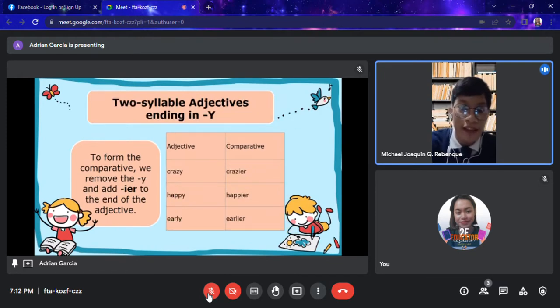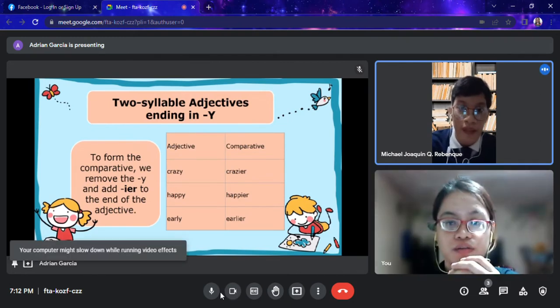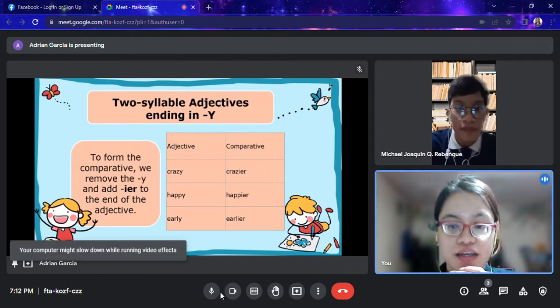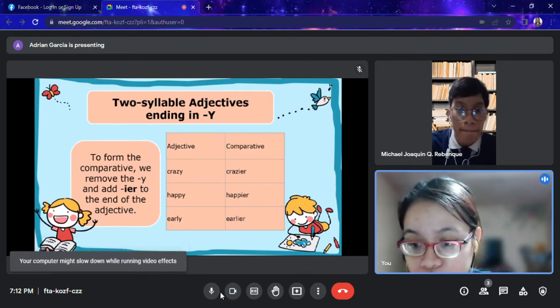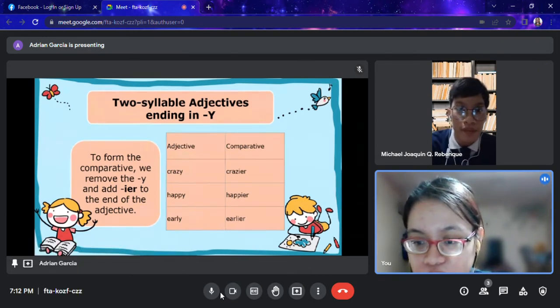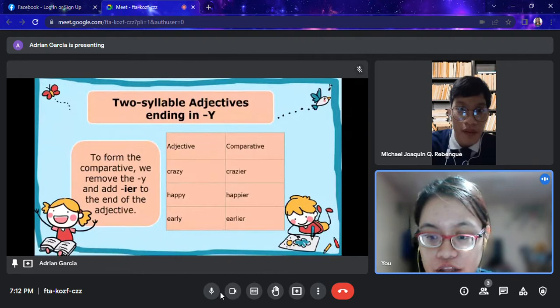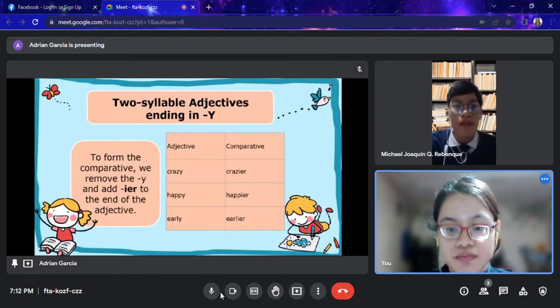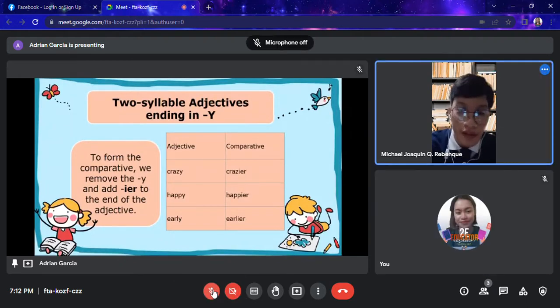Two-syllable adjectives ending in Y. Again, may you please read the meaning of two-syllable adjectives ending in Y, Miss Salget? Yes, sir. Two syllable adjectives ending in y. To form the comparative, we remove the y and add ier to the end of the adjective. Okay, thanks for reading our explanation. As you can see,